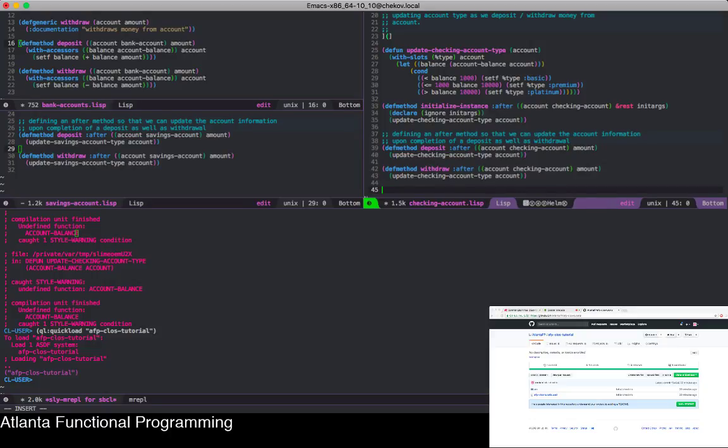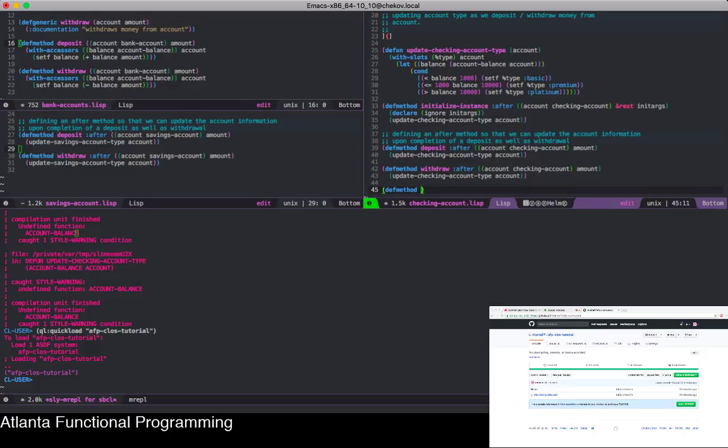So what are around methods? Around methods are basically nothing more than a wrapper. It's a wrapper that allows you to do some sort of setup, probably do some sort of computations, and then just tell Common Lisp, okay, I'm done. Go ahead and call the core framework to do whatever it needs to do. It basically bypasses the method dispatch that the standard method combination provides you, and allows you to imperatively dictate when